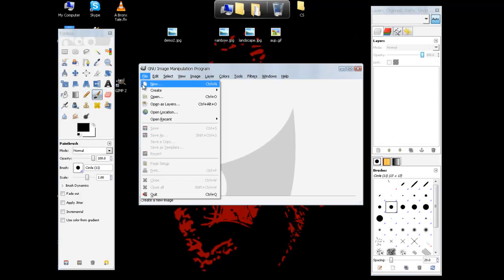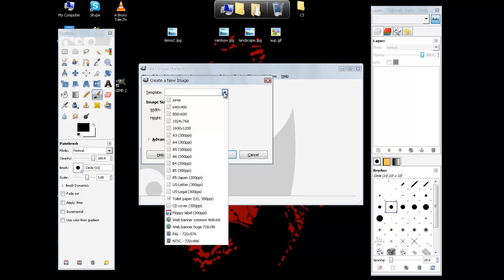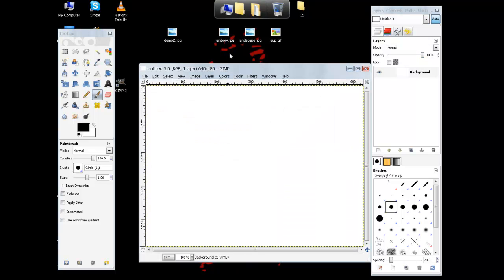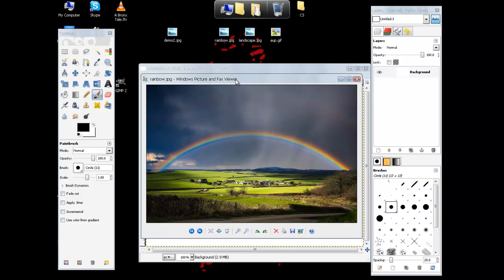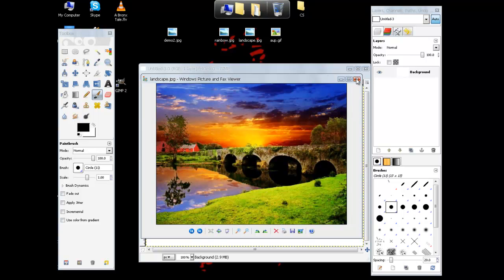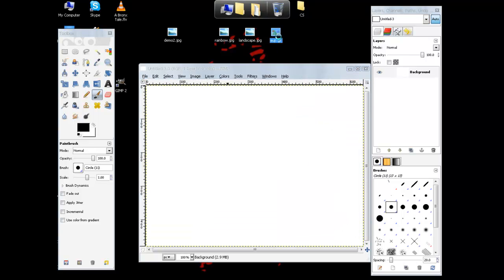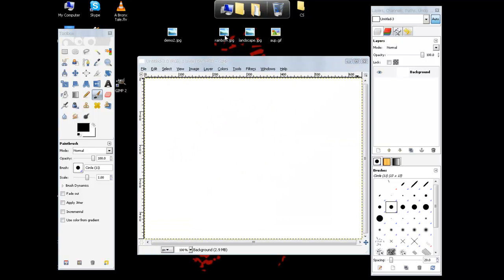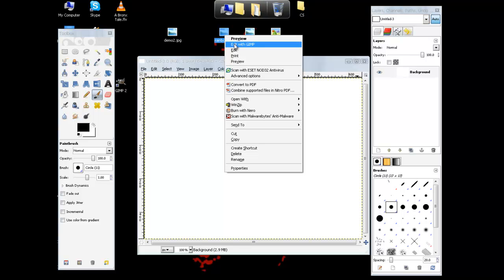Go to File, New, and with the template use 640 by 480 and hit OK. Essentially I have two pictures here that we can use for a background. We have here from the internet a rainbow landscape and another landscape here. And let's see, AUP logo also. We're going to extract this from its white background and use it as another one of our assets. Moving on, so let's right click the rainbow thing here and edit with GIMP,